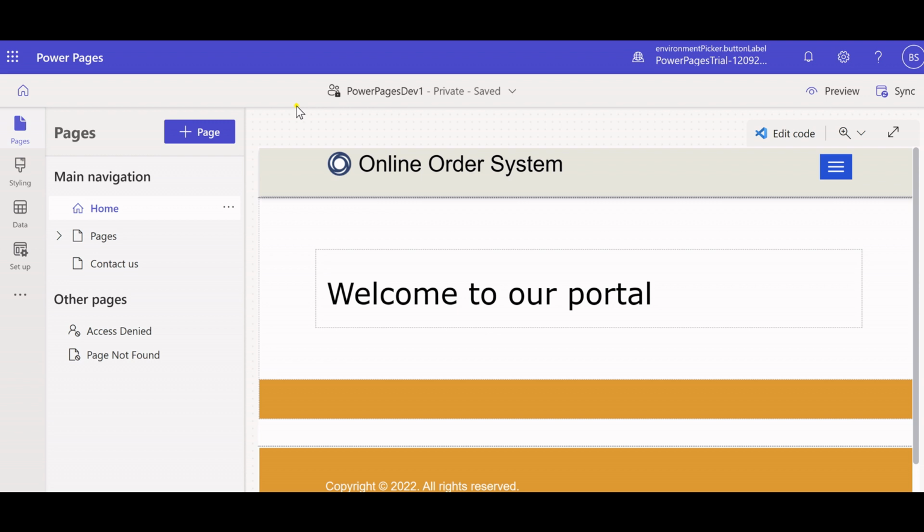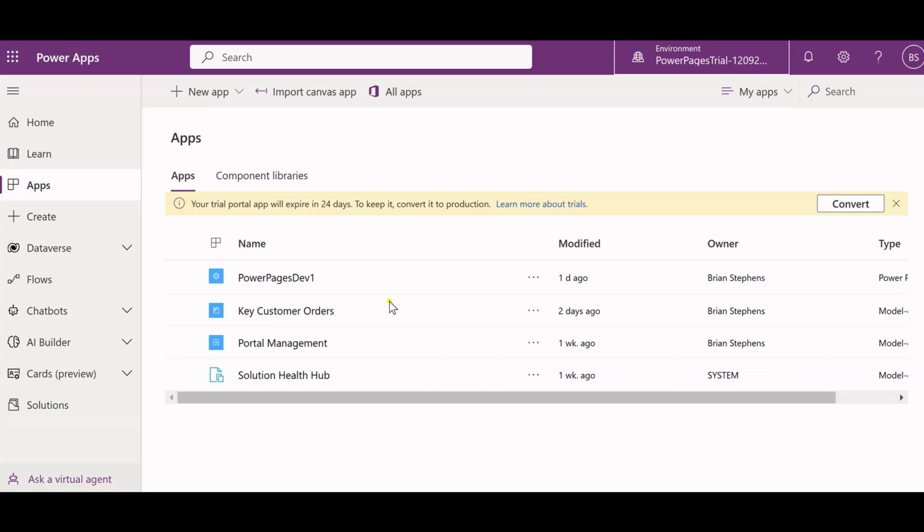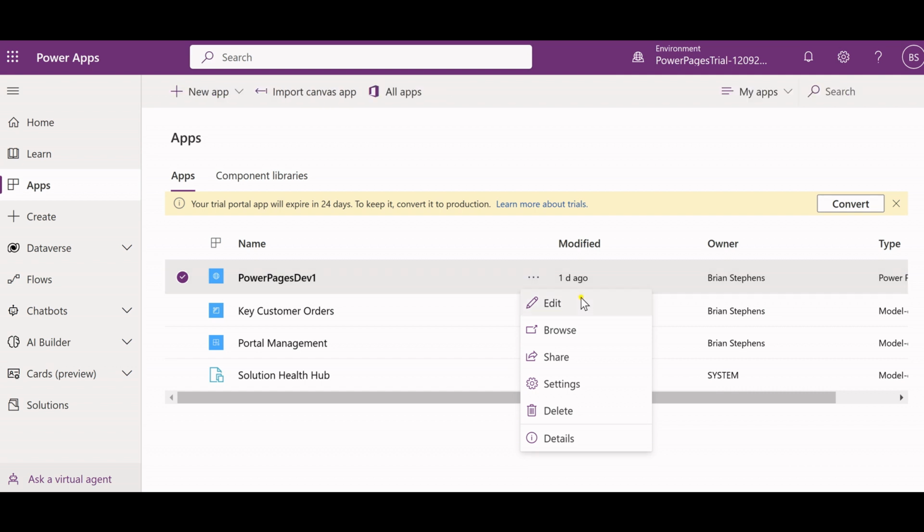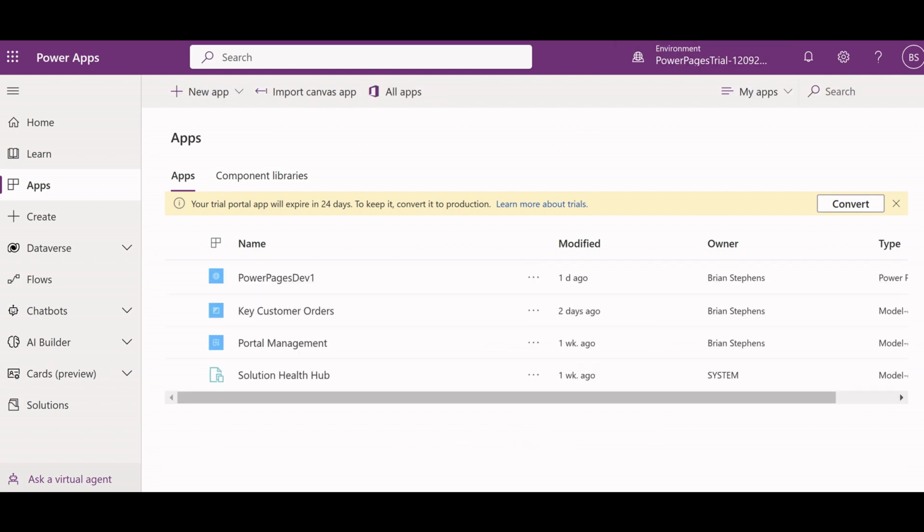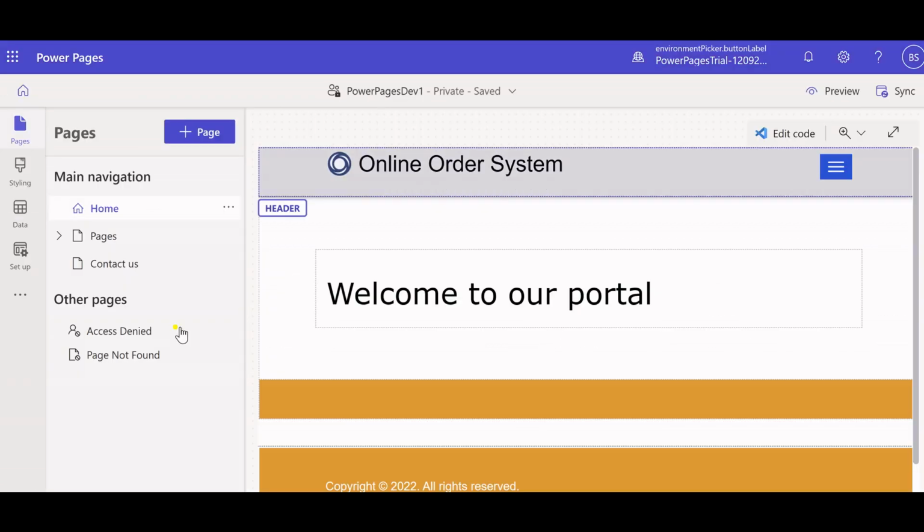So now we're over in the Power Pages website. And here, let me back up and I'll just show you really quick. What I could have done there is the edit option, and that's going to jump me over here. So the way that this is going to work is Power Pages gives you, when you sign up for it,